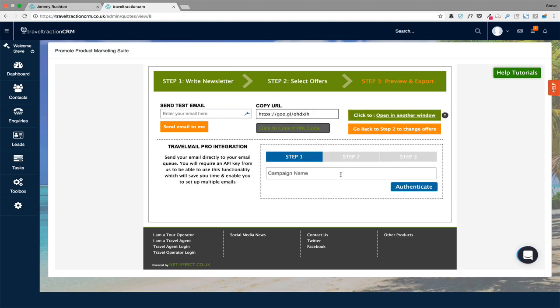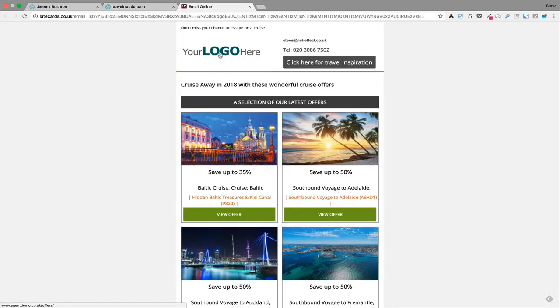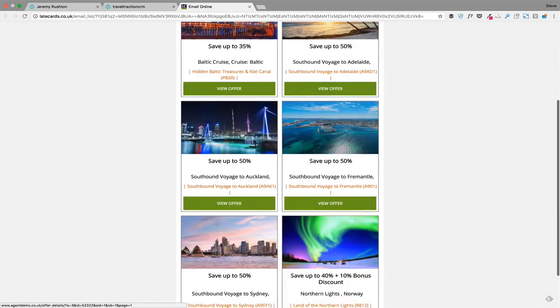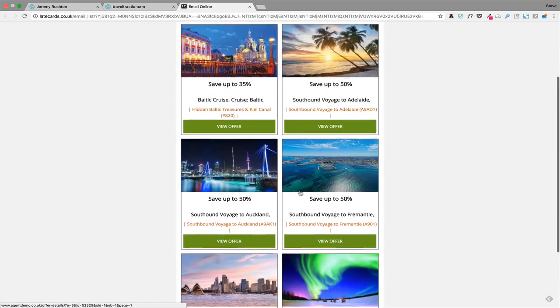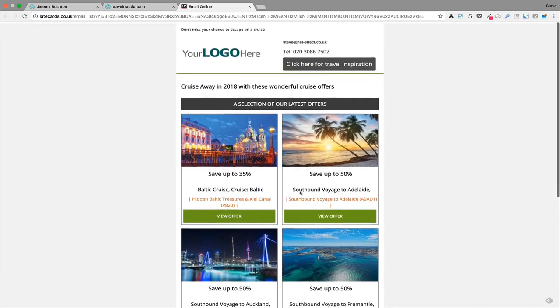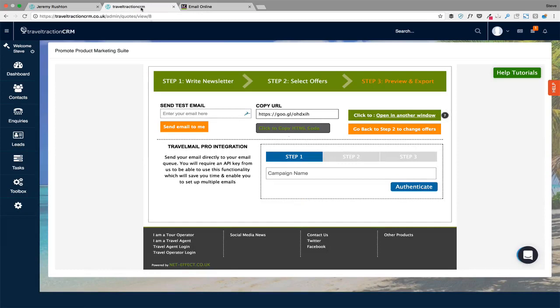What that does here is it's already created an email. So actually, if I just click on here, open another window, you'll be able to see the email. Your logo would go there, and here are the offers that have been added to the email, and that can now be sent out to your client base. In terms of sending it out, you can either copy the URL and import it into mail clients, or we've done an integration with our